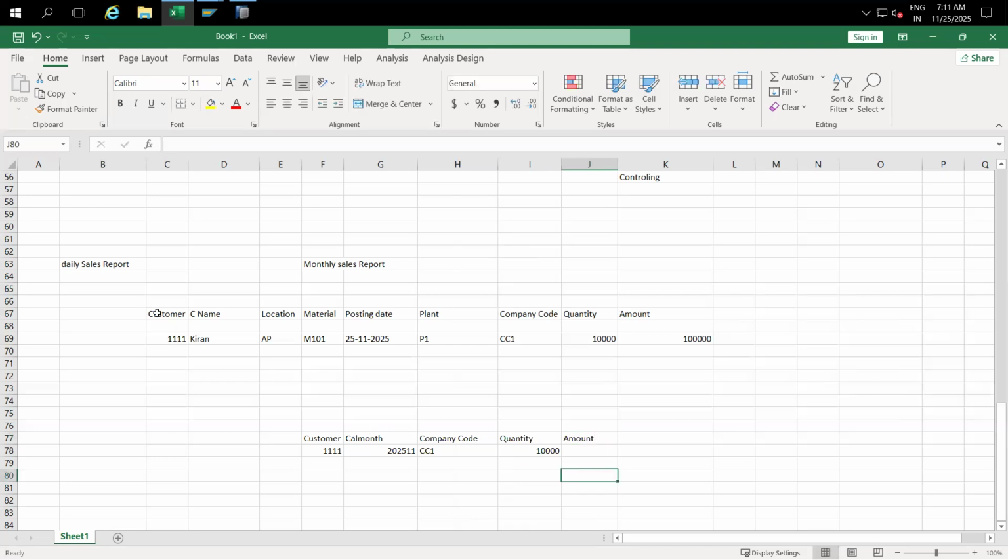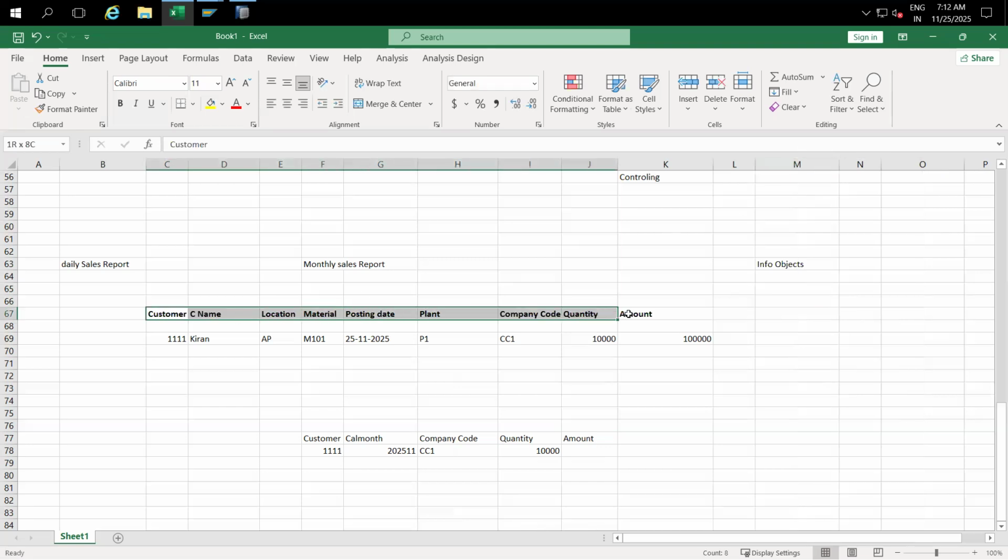Okay, so if you want to develop a report, you need to design all these objects, right? How will we create all these objects? Okay, we have a concept of info objects in BW. Without these objects, we cannot design a report, right? These are the basic building blocks. Without bricks, we cannot construct a building. In the same way, without info objects, I can't design any report